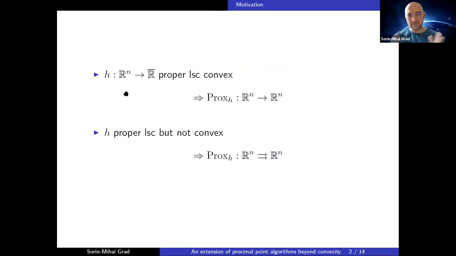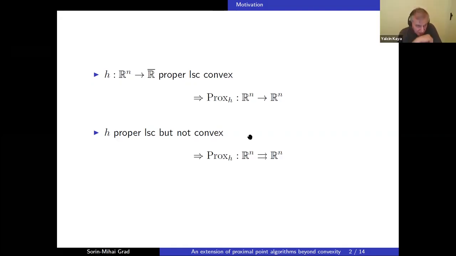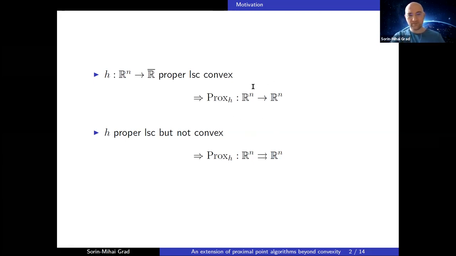Everybody knows more or less that the proximity operator or proximal point mapping is single valued in the case of proper convex LSC functions. And in case the convexity is not there anymore, it becomes a set-valued mapping. One of the ideas we started pursuing was, what about looking for some non-convex functions for which this property of the proximity operator still works, so it still stays single-valued.